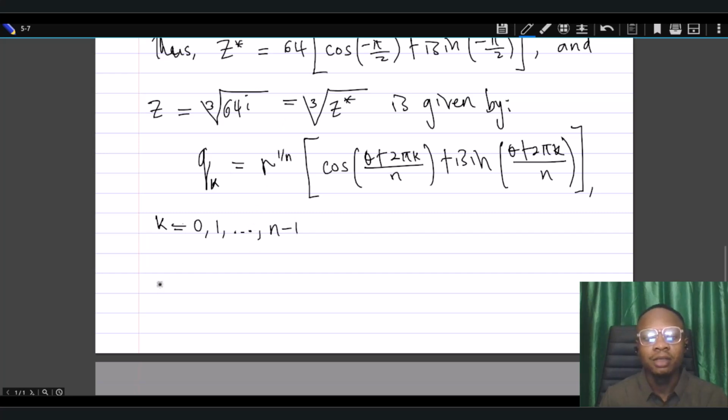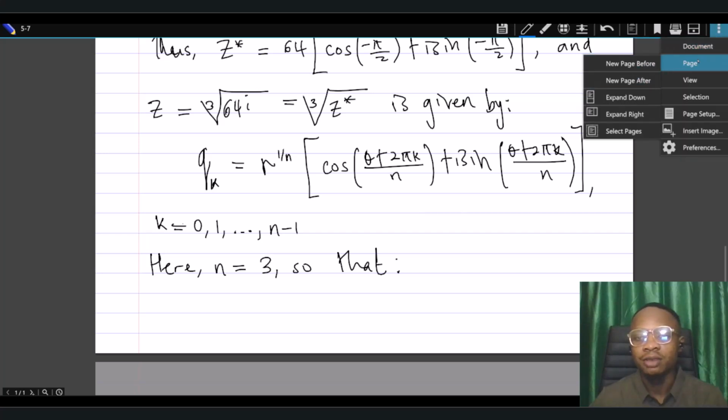So here we know that theta is equal to pi over 2. R is 64 as we obtained up there, and we are also interested in the cube root of z star. By that, our n is equal to 3, so that we can now get the cube root that we're interested in. So we now have this to be,